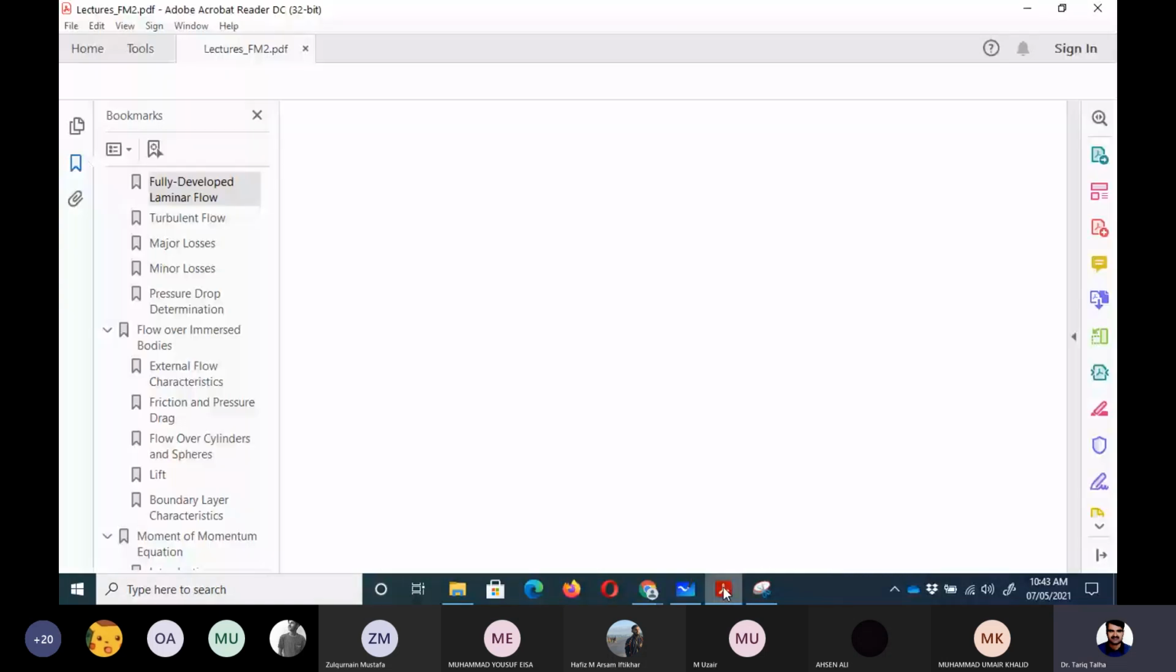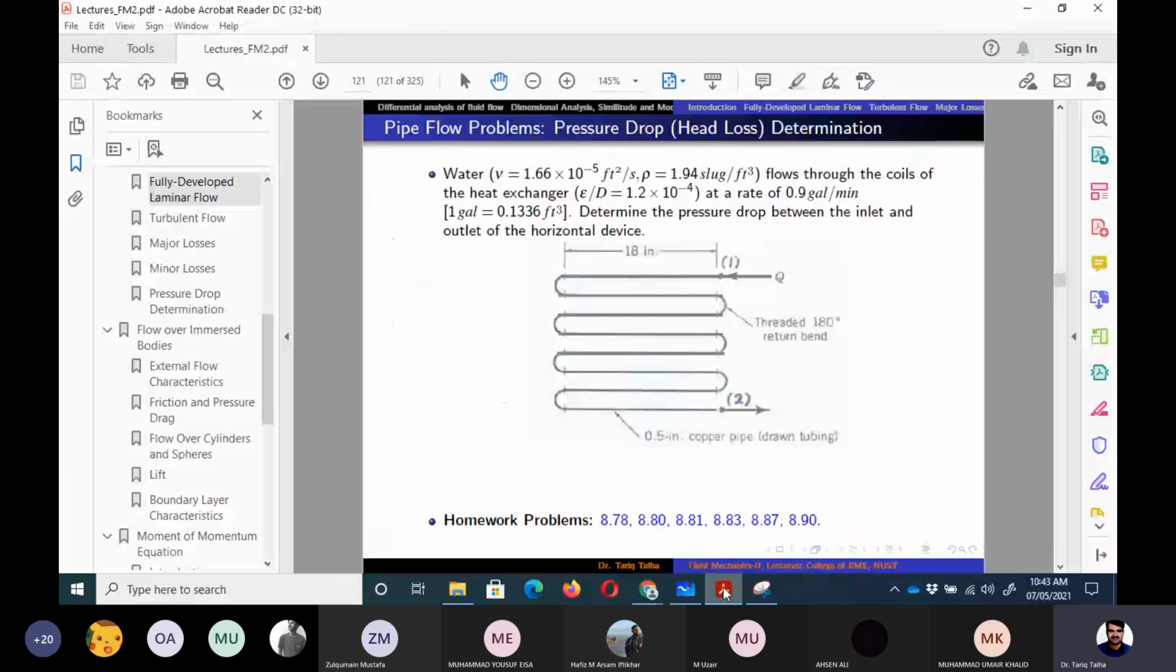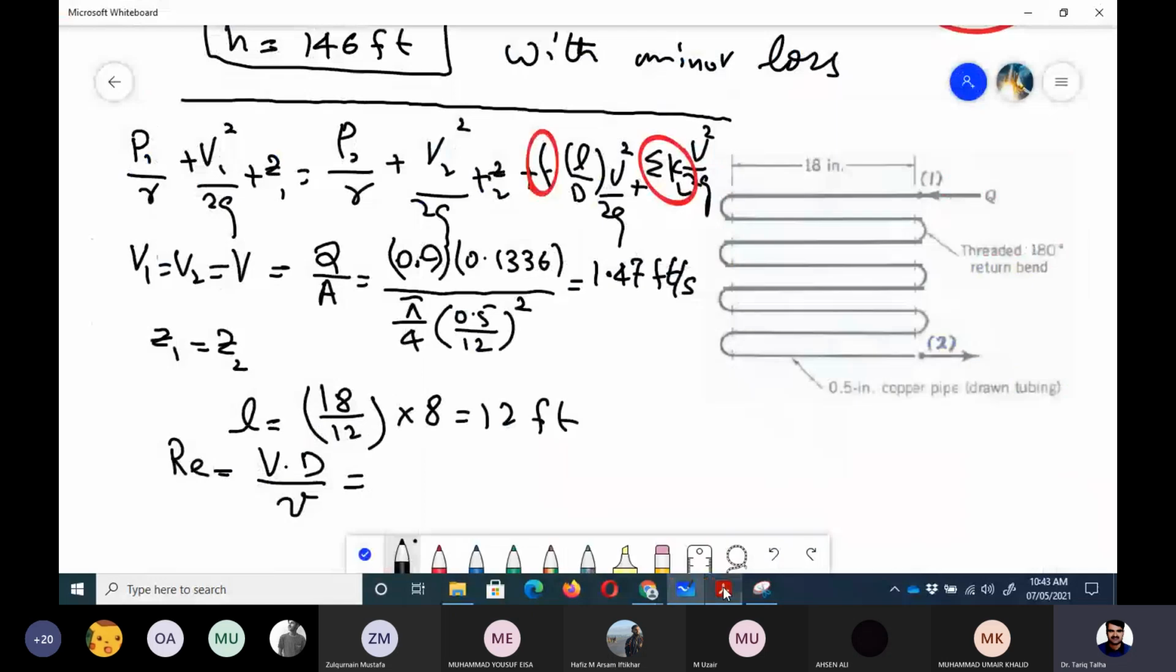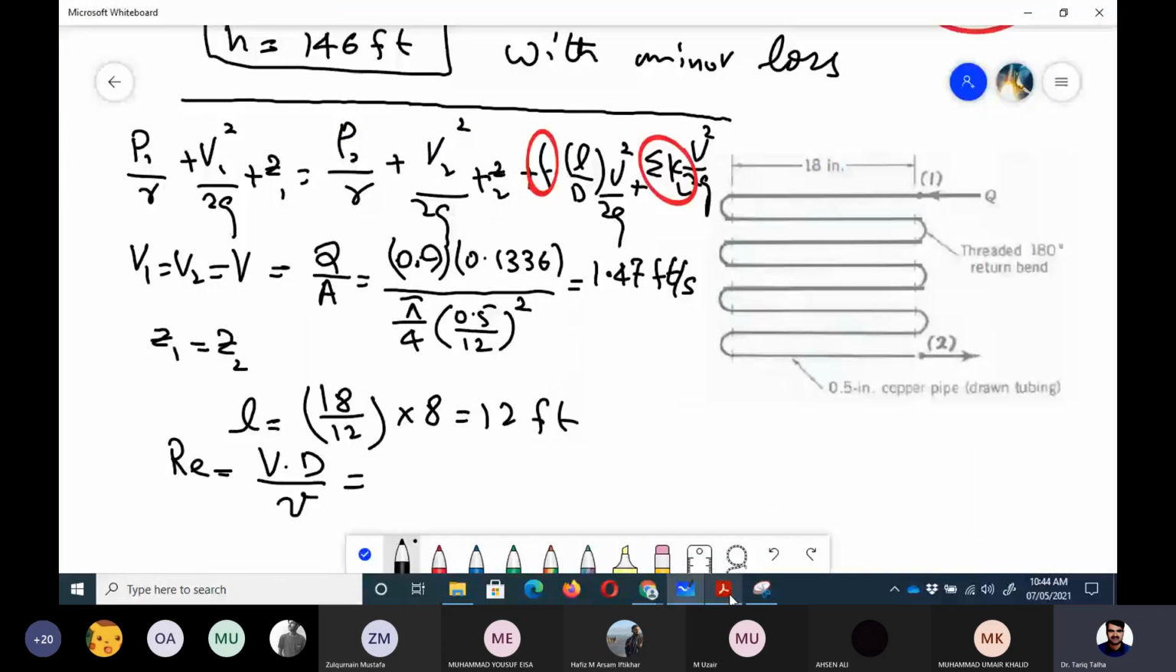Let me see whether kinematic viscosity is given. So that's good. So is it kinematic viscosity? Yes, kinematic viscosity. So if we see that the Reynolds number comes out to be, if we put in the value velocity 1.47, diameter 0.5 divided by 12, and kinematic viscosity value is 1.66 into 10 to the power minus 5. So if we put that value, Reynolds number is 3690, and then we